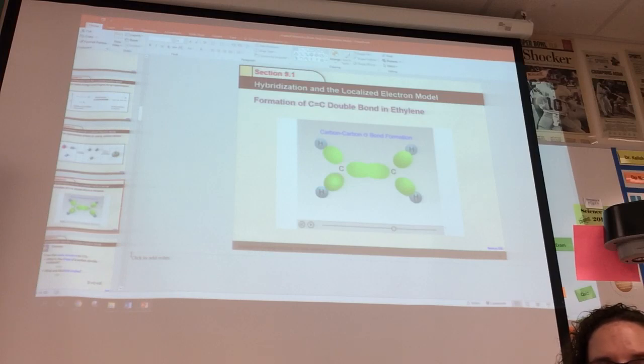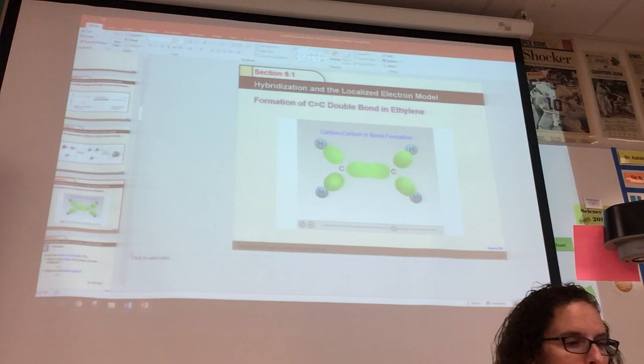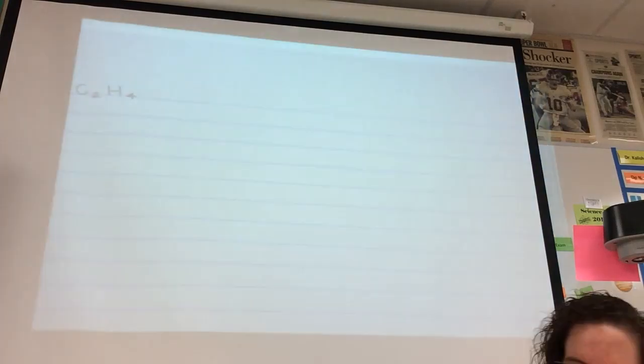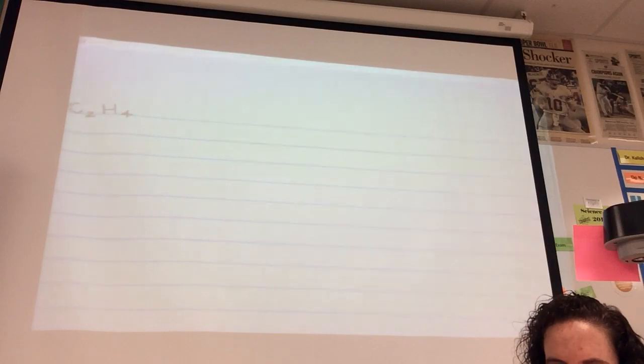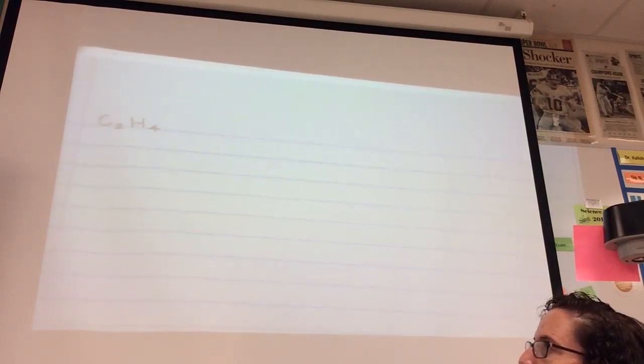If you had carbon, you would only utilize the X and the Y anyway. Correct. If you consider ethylene, which is C2H4, sometimes called ethylene, also called ethene,